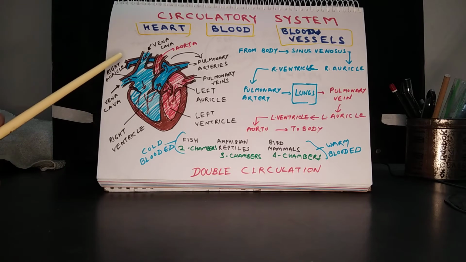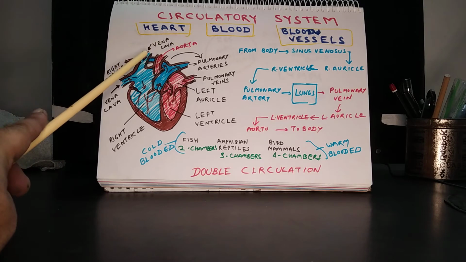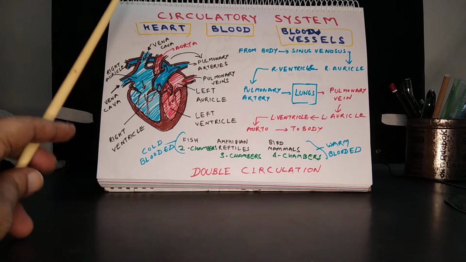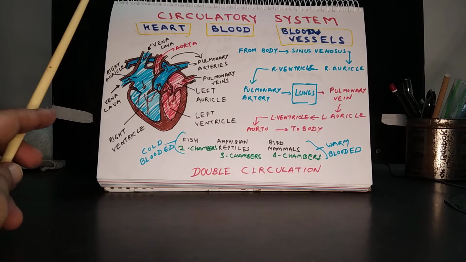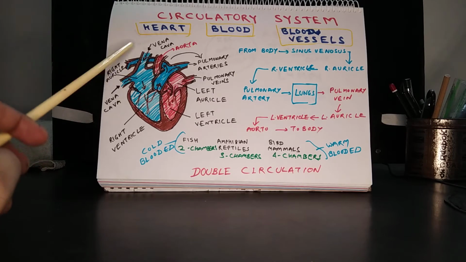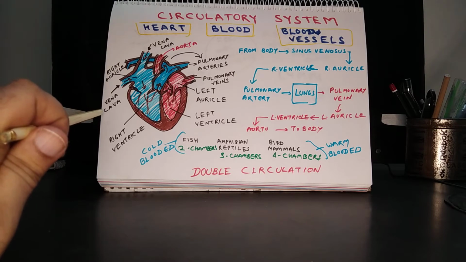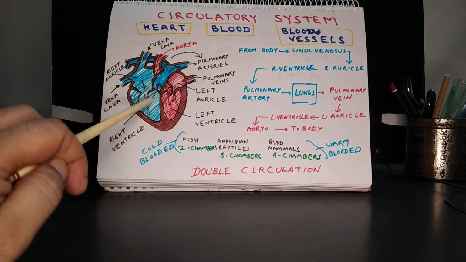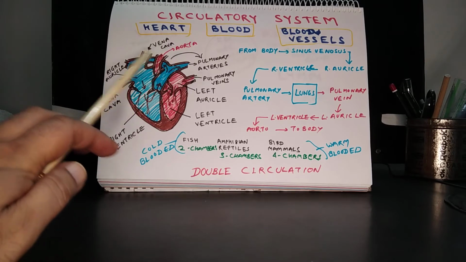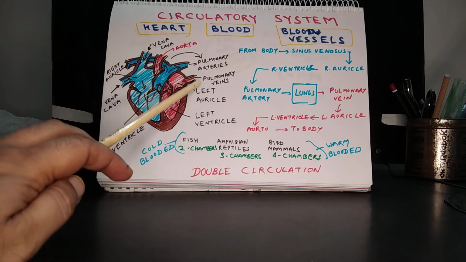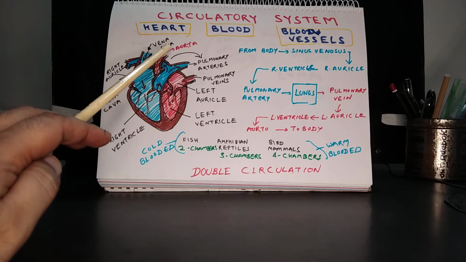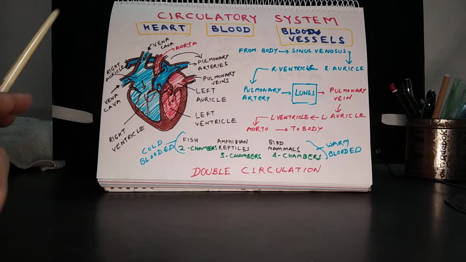The right auricle is connected with the vena cava. One is the superior vena cava over here and another is the inferior vena cava. The superior vena cava brings blood from the upper, anterior portion of the body, and the inferior vena cava brings blood from the posterior portion of the body. Then a pipeline from the right ventricle goes to the lungs. These are called pulmonary arteries. From the lungs, pulmonary veins come to the left auricle. Then from the left ventricle, the aorta goes, and it supplies blood to different parts of the body.